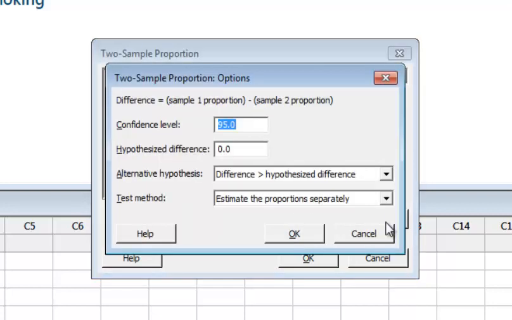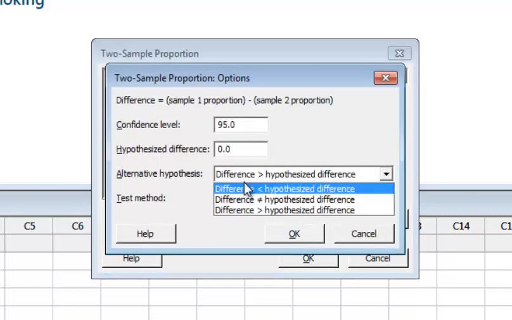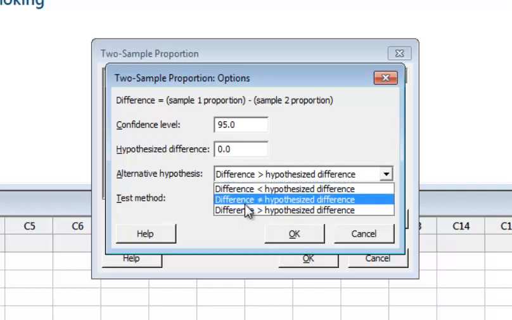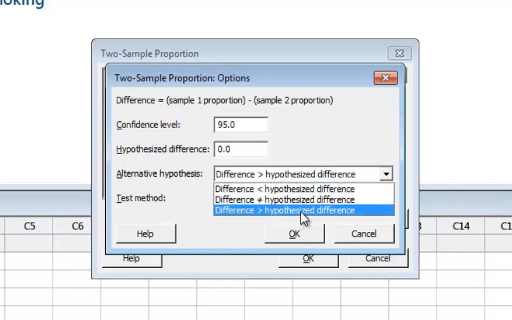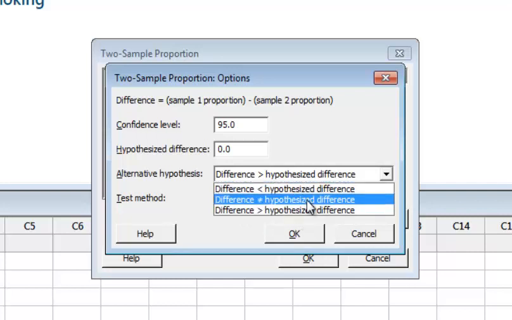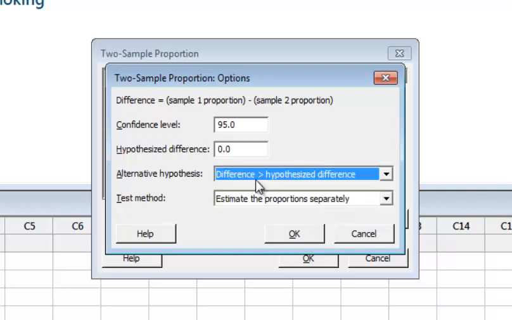Now click Options. Here you can specify whether you want to test a right tail test, left tail test, or two tail. In this case it is a right tail test. You wanted to test whether the proportion of males, that is your first category, is greater than the proportion of females, that is your second category. So you will go for the third option here, right?